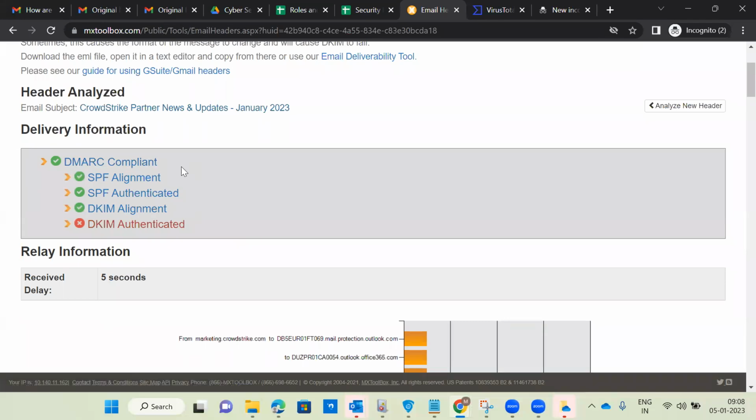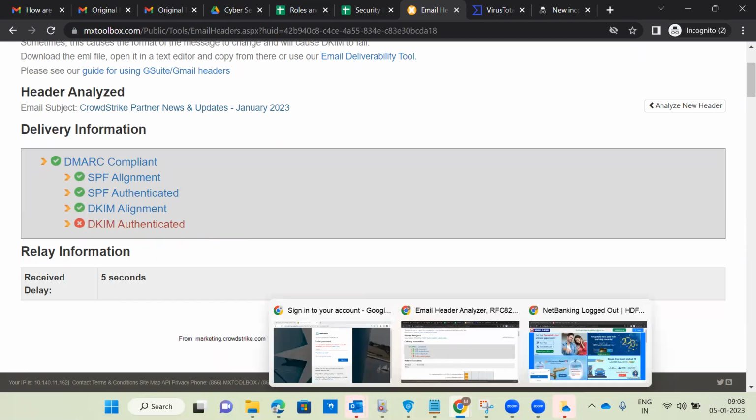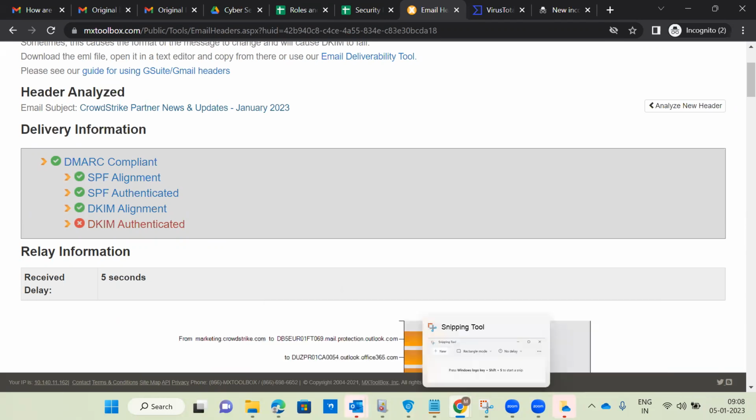So DMARC is compliant, SPF is aligned, SPF is authenticated, DKIM is aligned, DKIM is authenticated. So everything is positive now. DKIM is authenticated, but even then it is showing as a red color. This is wrong. DKIM is authenticated, it's good only. Authenticated means good only. So it passes as per manual validation in the email,